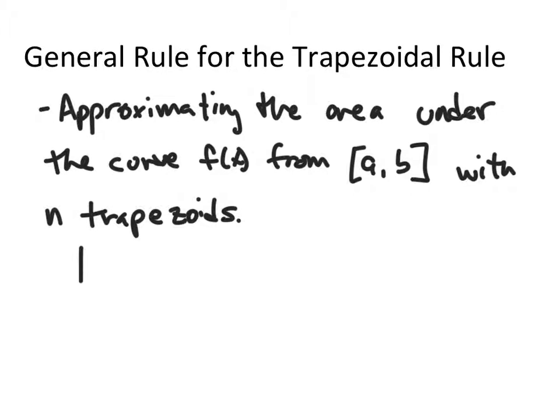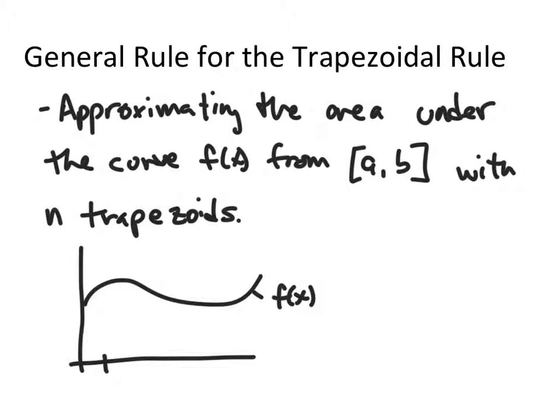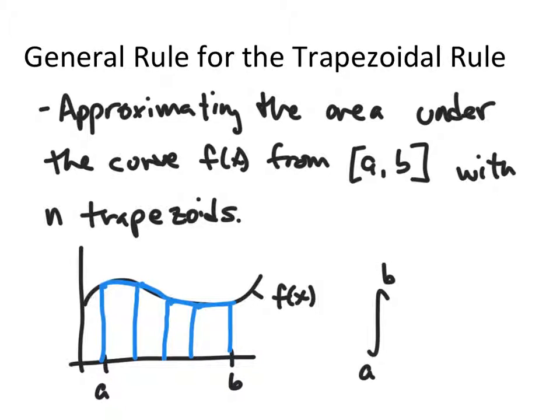But what I want to do just real quick is draw a quick little graph of my function f of x. So here's f of x. Here's A, and here's B. And so what we end up having here is all these different trapezoids, okay? And the idea is that we want to add all these up. So a general rule, and I just want to be able to write this out, is that if I'm going to find the actual area under the curve between A and B of f of x dx, using the